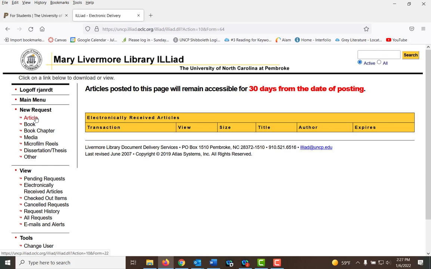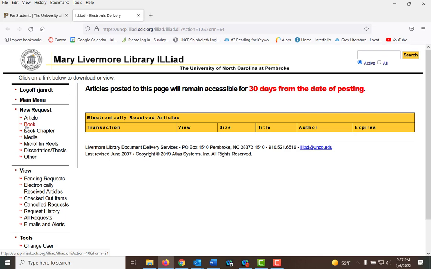For a book request, if you find it on Amazon and do not want to pay for it, you can make a book request for it. And again, we will look for other libraries that have it. Now, typically we will not make requests for textbooks. Also, some items may be so new that libraries will not lend them.